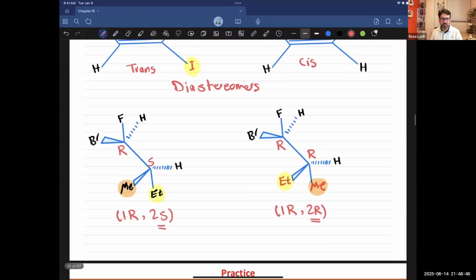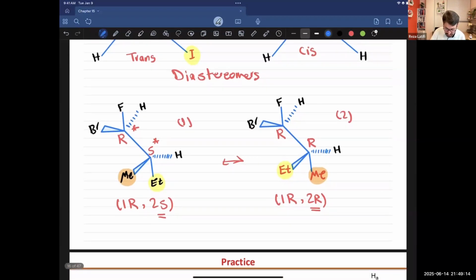Another way to have diastereomers is if you are dealing with two chiral centers. One chiral center is here, and that's the second chiral center. The first one is R, and the second one has an S configuration. What's the relationship between this structure and the second structure? Check the first carbon. The first carbon stayed as it is. It did not change. But the second one we flipped, from S to R. If half of the molecule got flipped, in that case we say you are dealing with